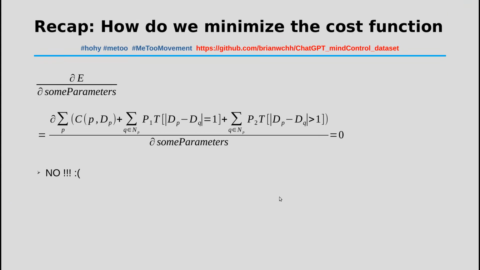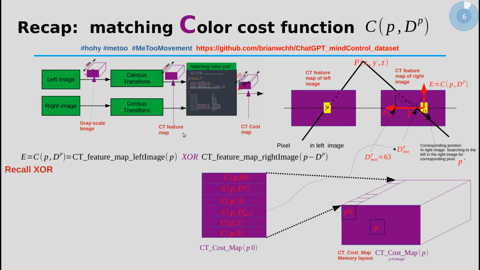So let's recap the last episode. We're talking about how we minimize the cost function. The cost function here is the overall one, with the color information and the spatial smooth constraint. And this is not the traditional way we're going to do it, because it's horrible. Before we proceed to today's episode, we're going to recap a little bit